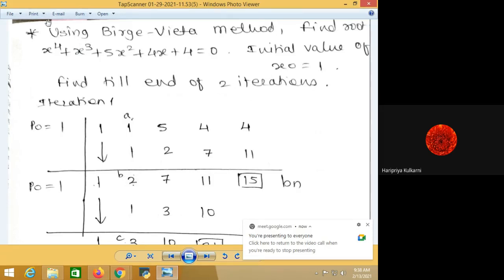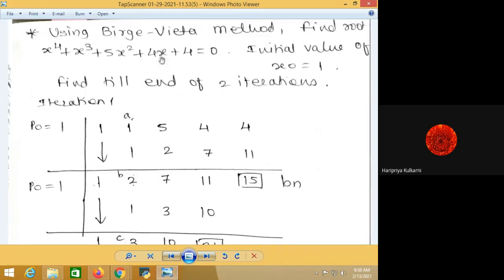As we already discussed in my last video, you have to adjust the equation in chronological order with the power of x. So it is 4, 3, 2, 1, 0. The equation is already in chronological order. But if one of the terms is absent, then you have to consider that term as 0, so you can have 0x if it is not present. In the present equation all the terms are present, so we can directly take its coefficients. The coefficients are 1, 1, 5, 4, 4.